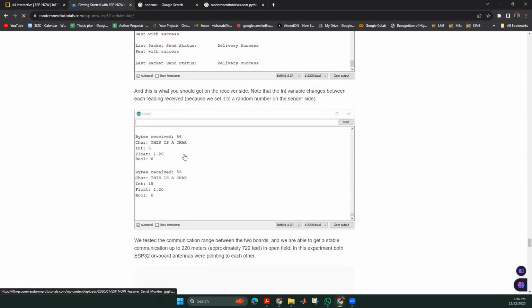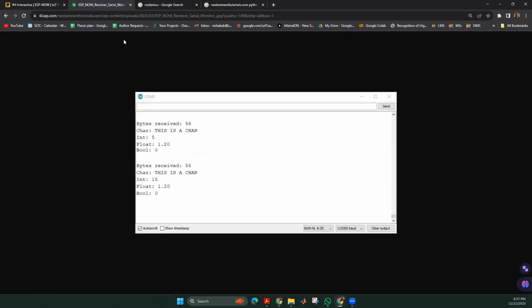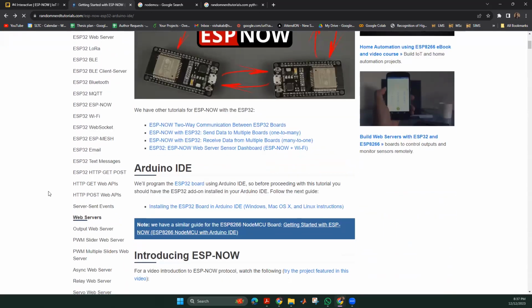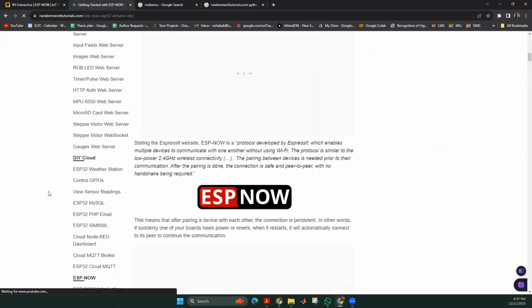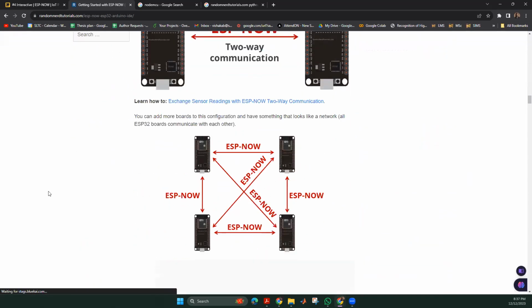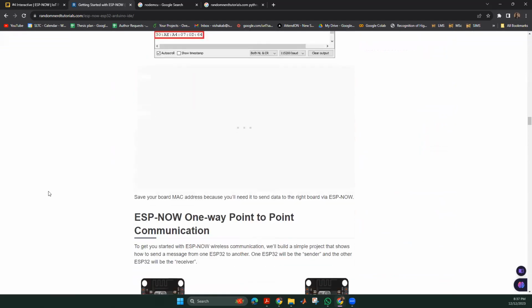Apart from that, at the receiver end, you will have to see some message like this, which shows that data has been received at the receiver end. These are the kind of messages that you can see once you implement successfully, and you will get some data at the receiver end, and it should look like the one that I just showed.